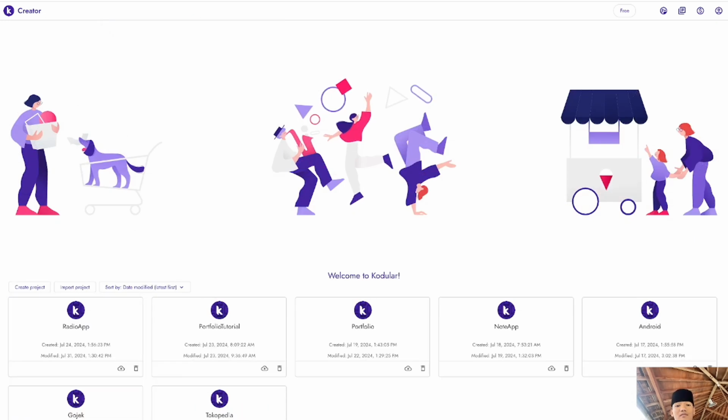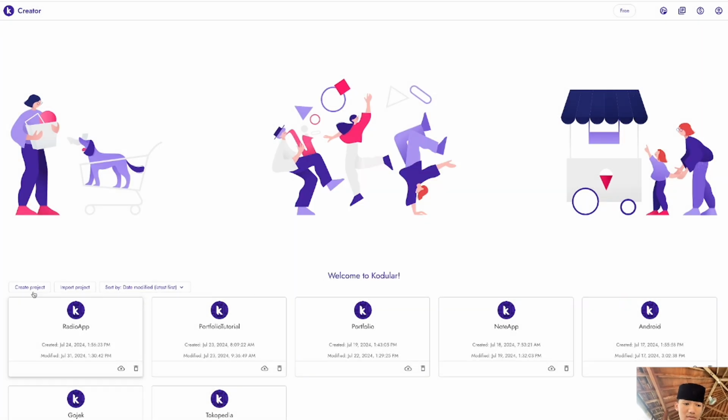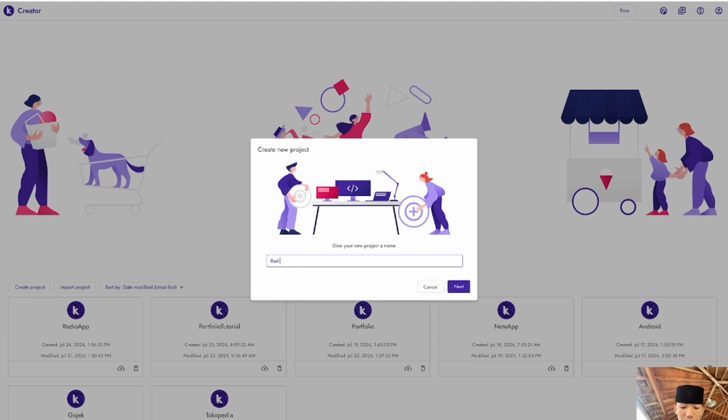So first, you need to click create project here. After that, you're going to make some name. As an example, because we're going to do a radio tutorial, my project name will be Radio Tutorial.